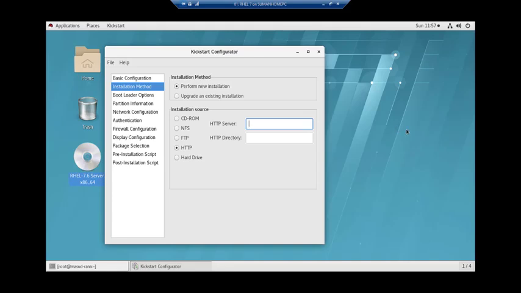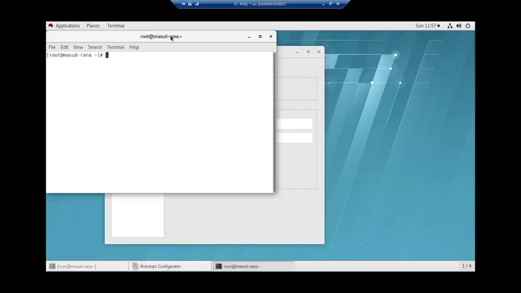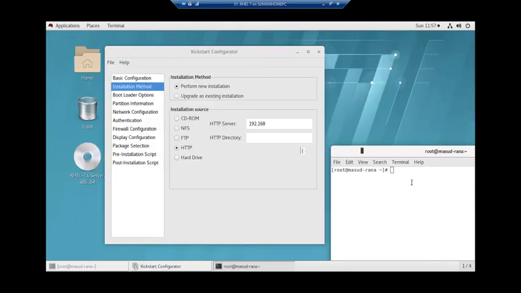The HTTP server means this server. From this server I want to deliver the installation media, installation files and Kickstart files. So I have to show this server's IP address. Let me check my IP address. I have assigned my IP address manually. I can check my IP address in different ways.